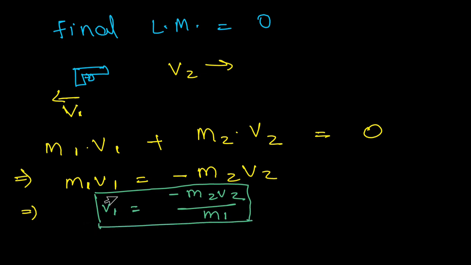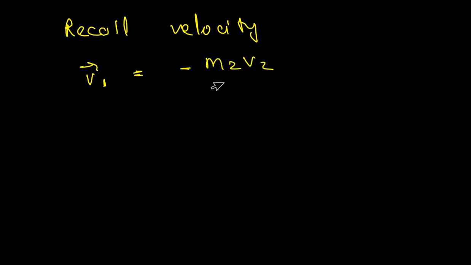Minus is because the direction of v1 is opposite to the direction of v2, so we use vector sign as velocity is a vector. So recoil velocity of gun v1 is equal to minus m2 v2 upon m1,